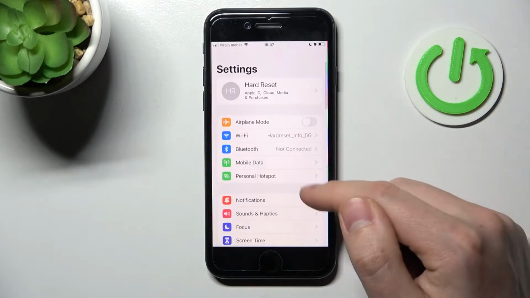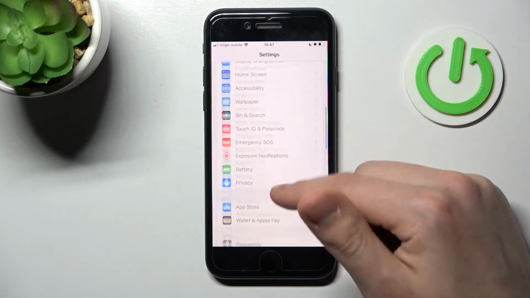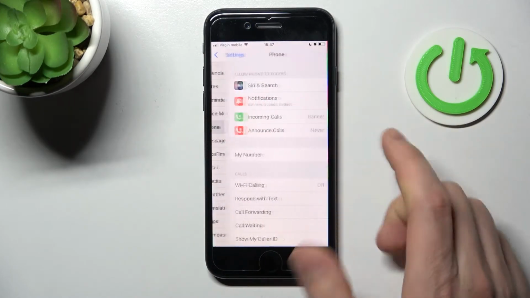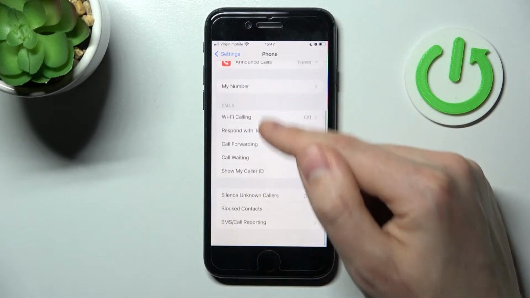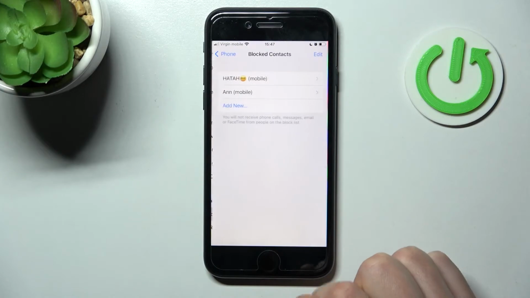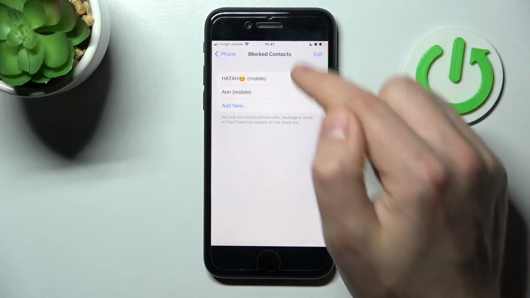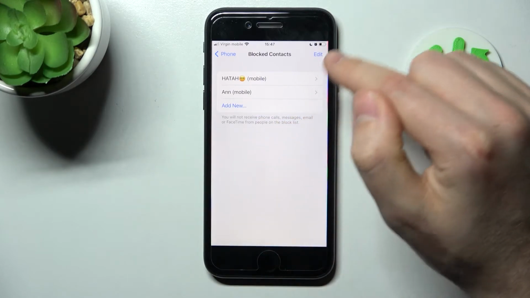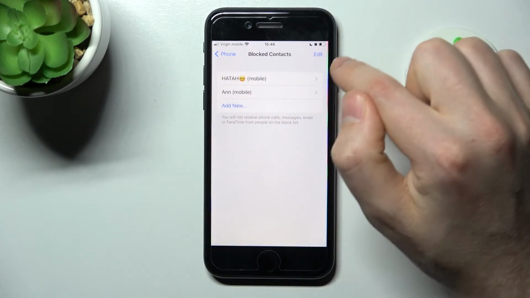First of all, open your settings, then scroll down and find the Phone option, this one. Go into it, then scroll down, and at the bottom we've got Blocked Contacts. Go into this. And now here we've got two blocked contacts, so for unblocking, for example, this first number, click